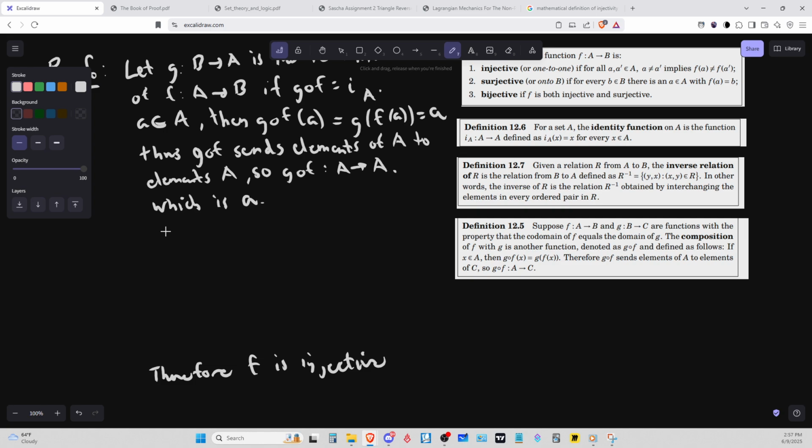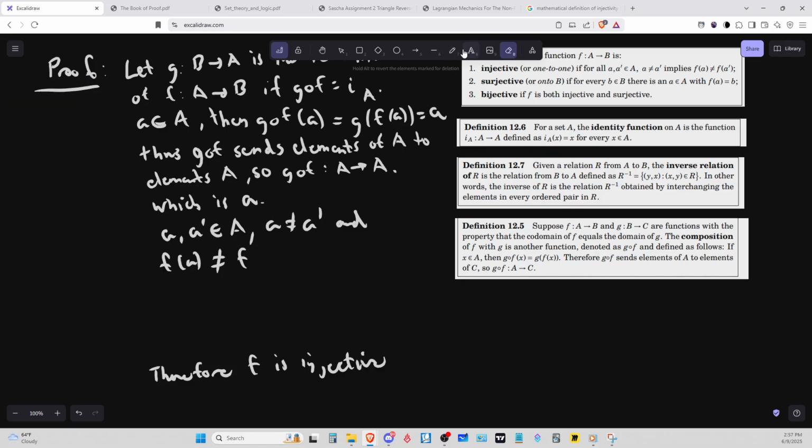A and A prime is an element of A, and A is not equal to A prime, and F of A is not equal to, oopsie, F of A prime. Okay. So, now,